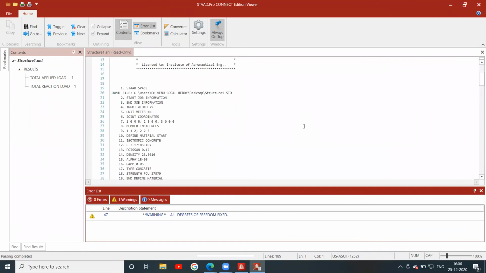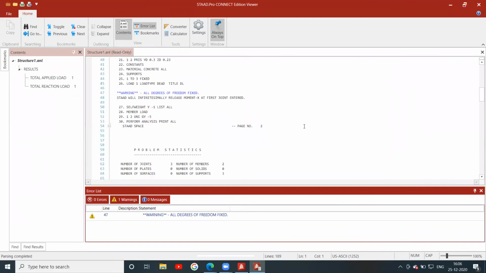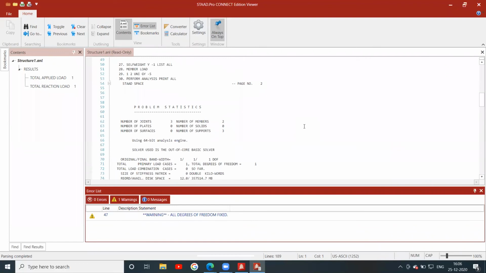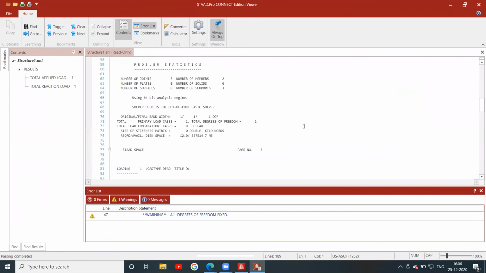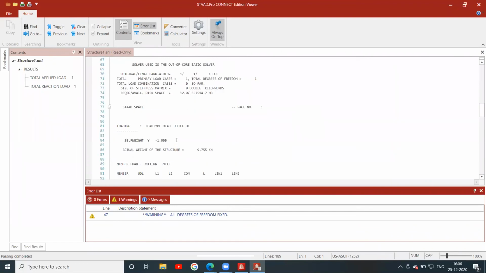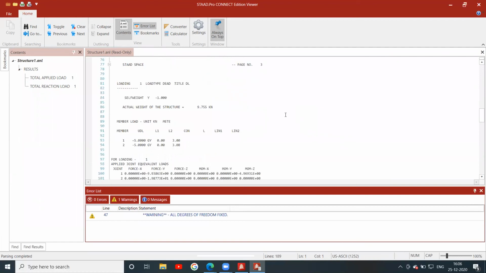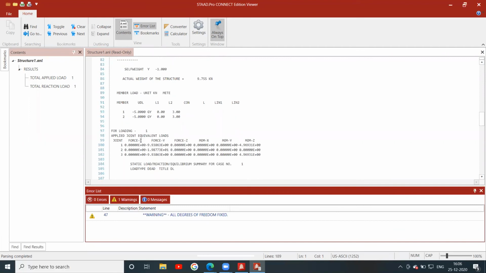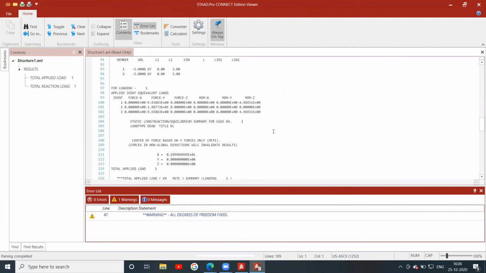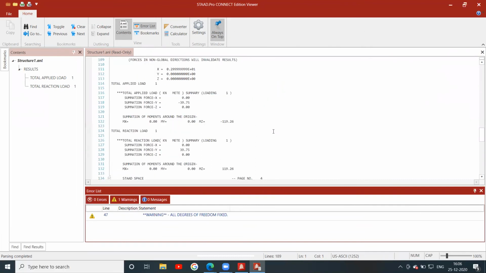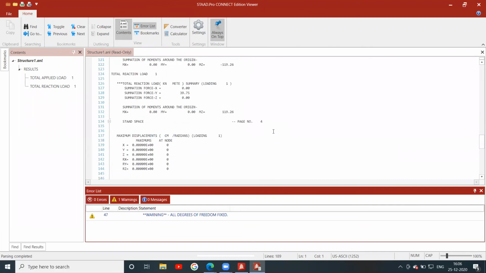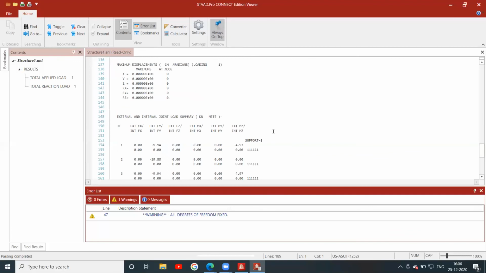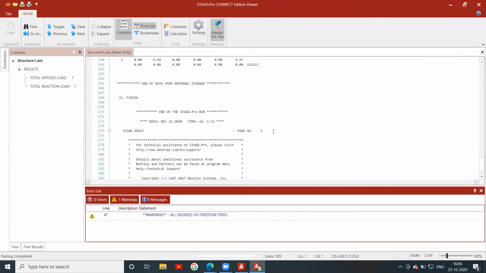Output generation, load type, dead load. So what is the UDL? What are the forces? Different forces are calculated here. Displacements, forces, everything. Shear force and bending moment are also calculated.